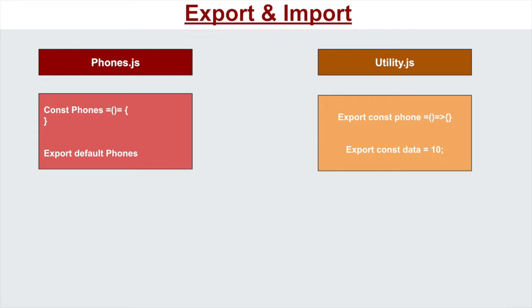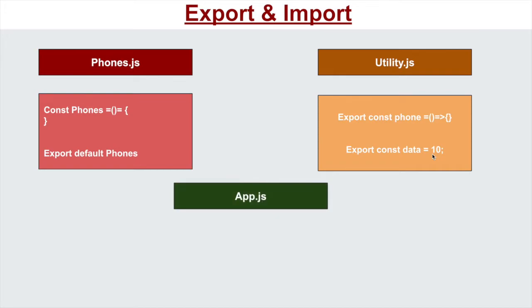In utility.js, we have multiple functions or components, one of which is a constant with the phone name, and here is const data. So in app.js, the main file, whenever we want to import these components to use them for the HTML,